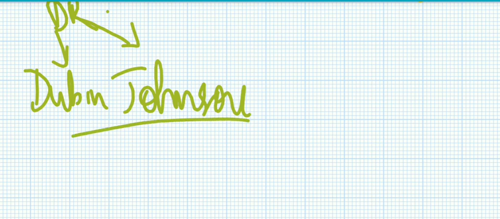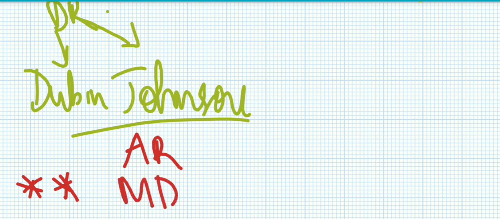In both, first of all, in Dubin-Johnson, it is an autosomal recessive disorder, and very important, frequently asked, it is related to the mutation of multiple drug resistance protein 2, MRP2 mutation. So this is a harmless clinical course. Now next one is about Rotor syndrome.